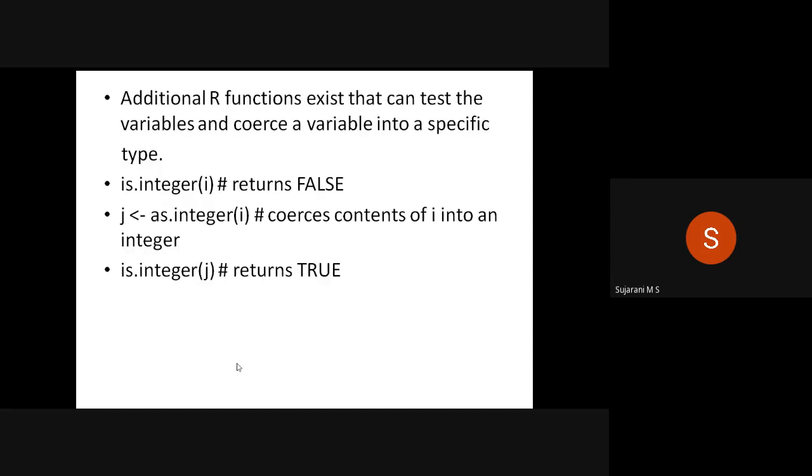By default, i is stored as a double, so is.integer returns a FALSE value. Clear?